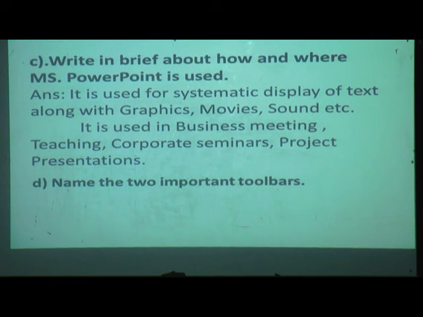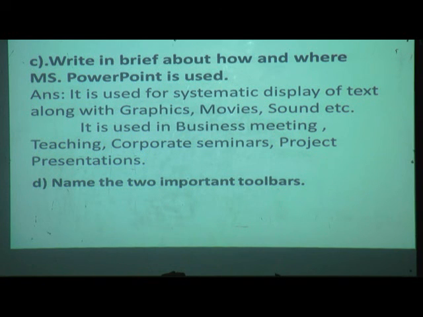Write in brief about how and where MS PowerPoint is used. It is used for systematic display of text along with graphics, movies and sound, and it is used in business meeting, teaching, corporate seminar, project presentation.